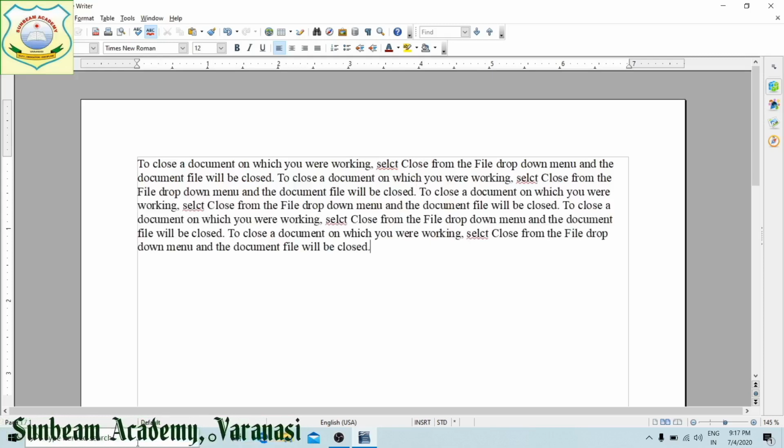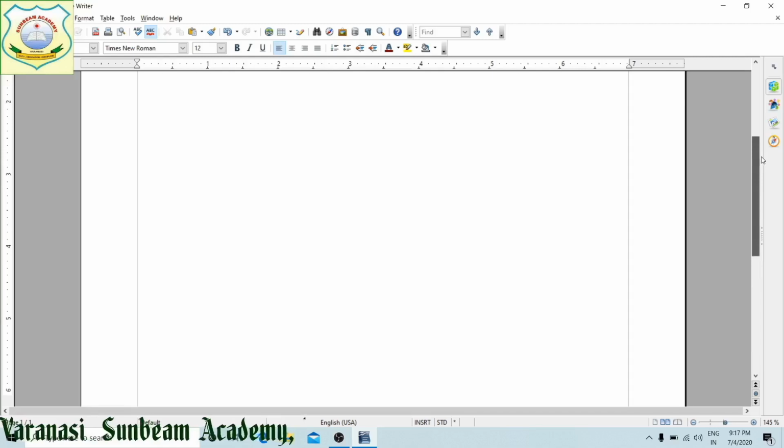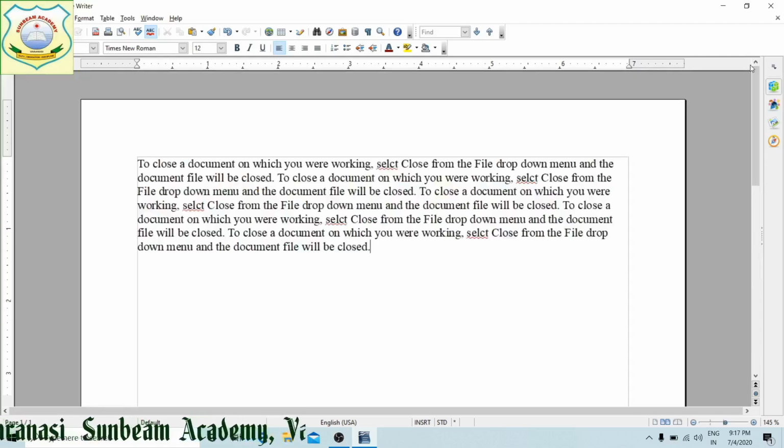Now first of all, margins. This is top margin. If you are going to take a printout, the characters will not be printed over here. This is top margin, the distance between the paper edge from the top to the text. This is left margin, this is right margin, and on the bottom you can see bottom margin. These 4 margins are there. Next, column style. We are going to see the column style.